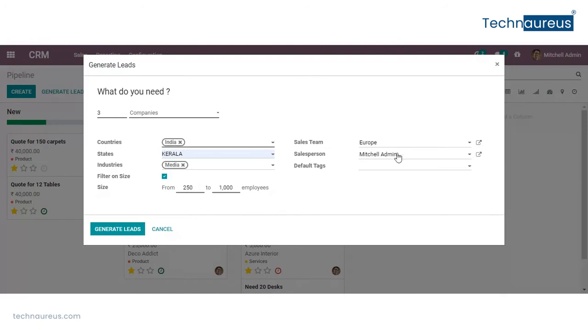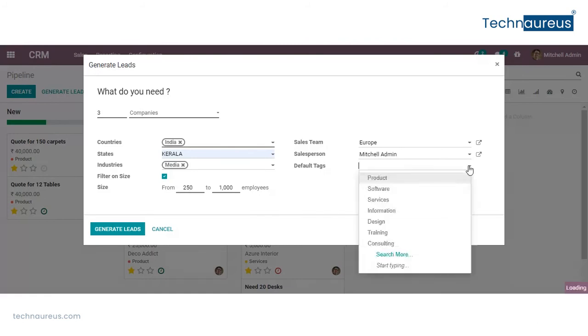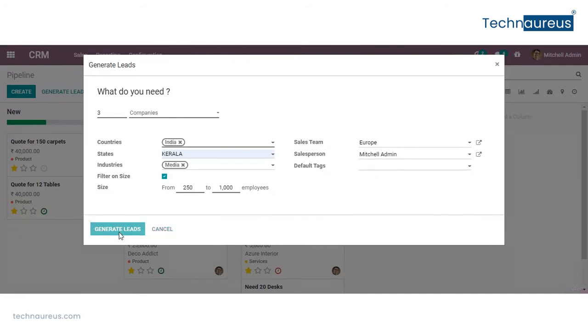Here we have the option to set the sales team, the salesperson who is responsible for this, and the person who's responsible for this. We can also set the default tags, either based on the product or the software. When we click on this generate leads option here,